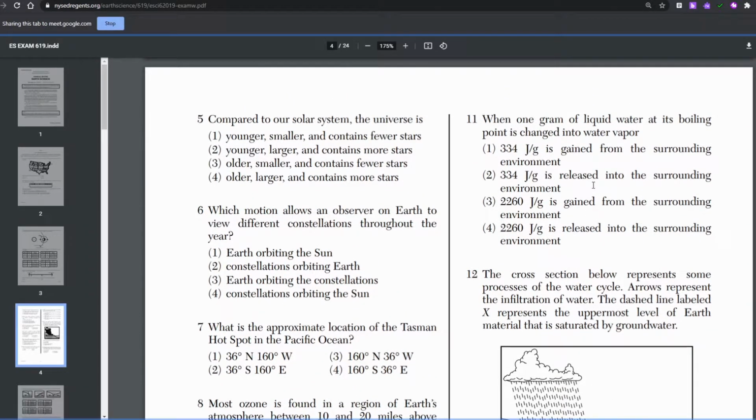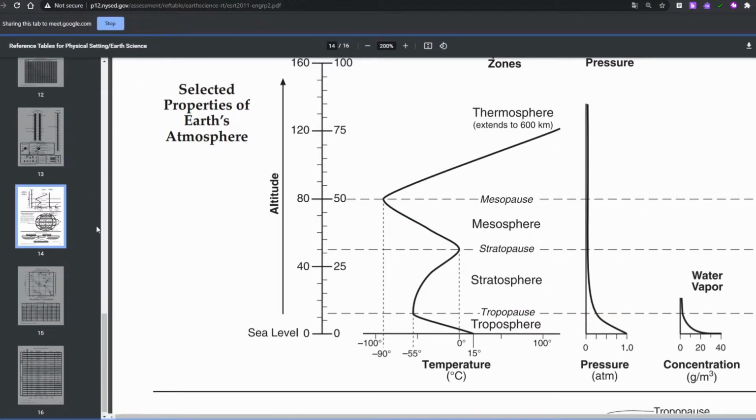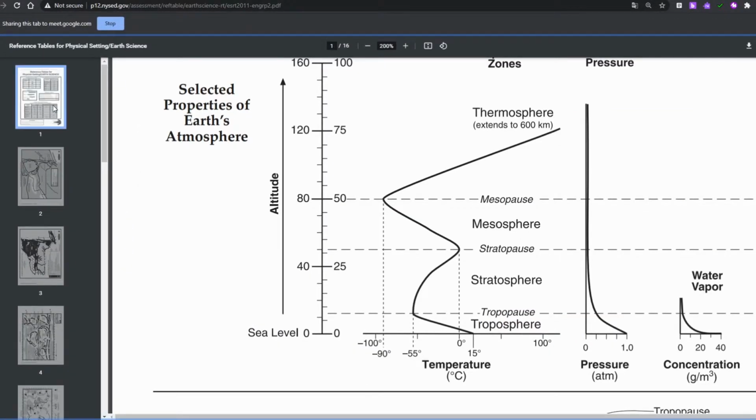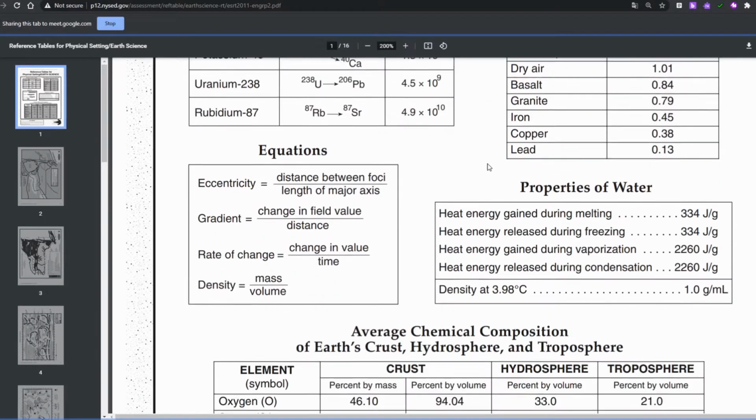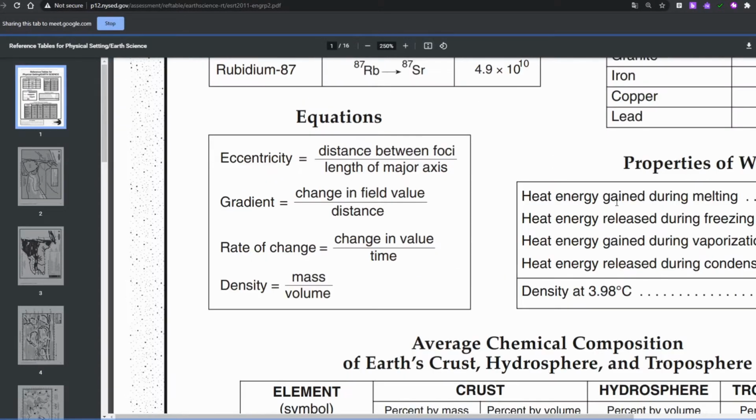11, ESRT page 1. It says when 1 gram of liquid water at its boiling point is changed into water vapor. Well, what do we call liquid water when it boils? Yeah, you could call it boiling, but there's another term for that. Sometimes we call it vaporization. So let's go back to our reference table. We're going to go to page 1. And if you take a look here under properties of water,